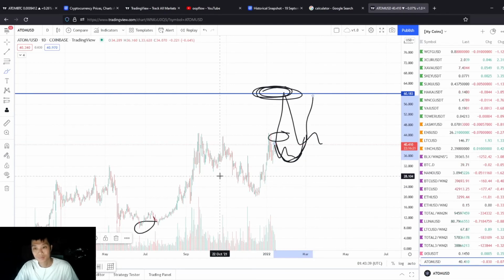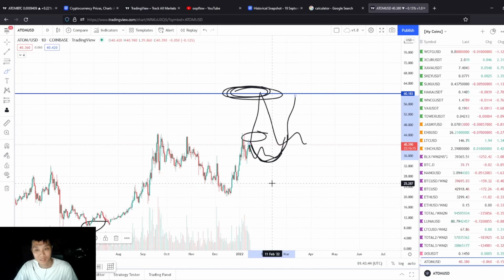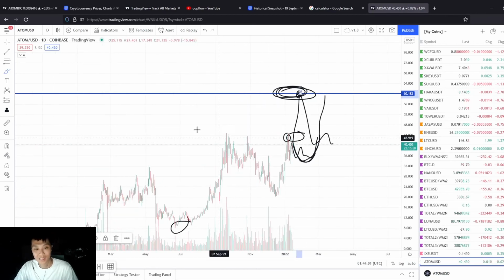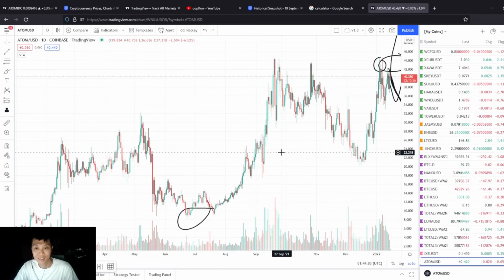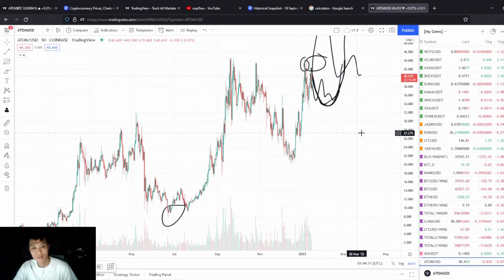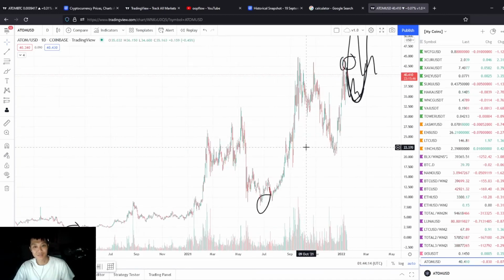So I'm not personally in Atom, but if I was holding Atom for a while already, most likely I would have sold here, to be honest, and I probably would not have re-entered. But if you were in Atom and you're feeling a little bit risky, then this is what I would most likely aim for. In terms of whether it can reach that high in the near term, yeah, it can. But looking at all these factors, I would say this is a medium to high risk play, and I personally wouldn't play it. But this is my assessment of it.